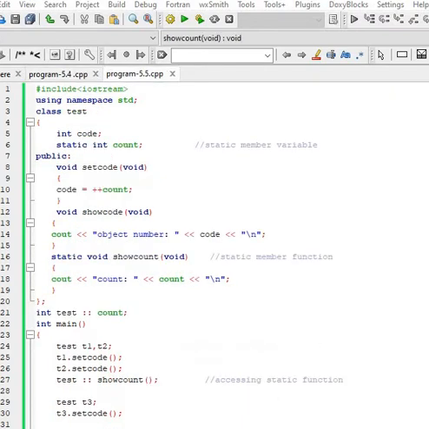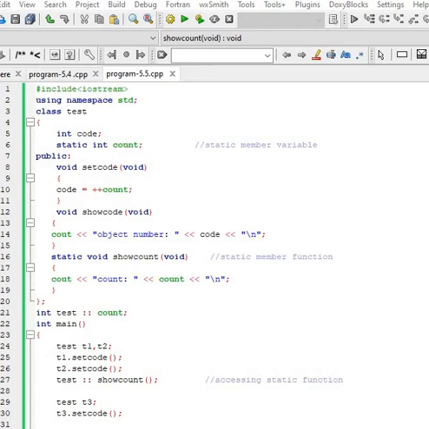The next one is a static member function. In the earlier program, we need to note one thing. The scope of each static member variable must be defined outside the class definition. This is necessary because the static data members are stored separately rather than as a part of an object, since they are associated with the class itself rather than with any class object, and they are also known as class variables.